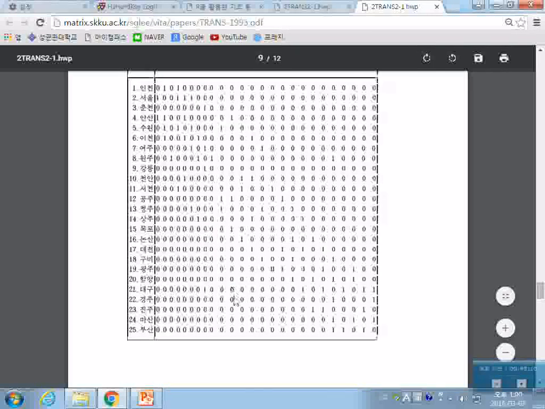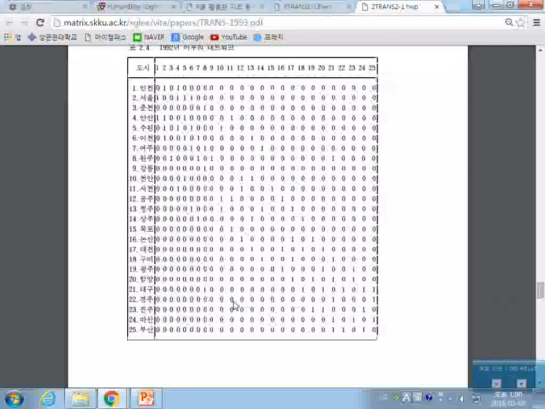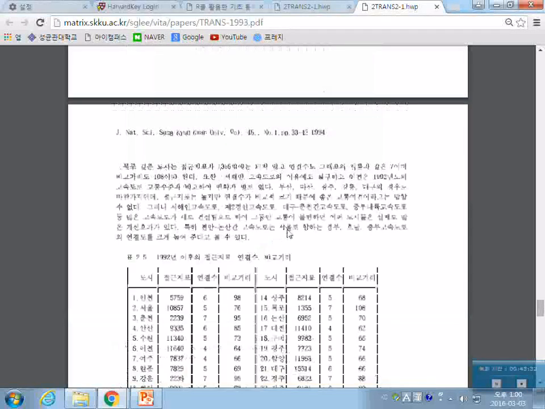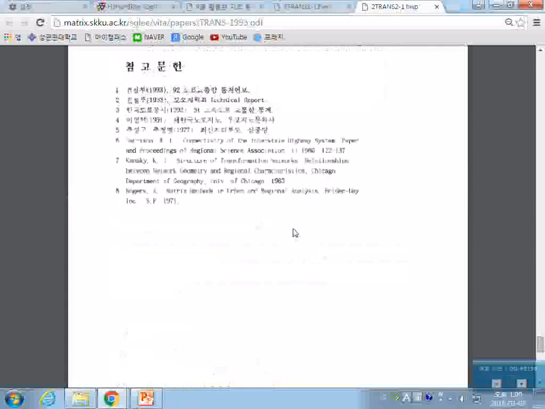At that time, there was no computational tool. I had to use the Fortran language to compute this. Actually, at that time, I felt it is a big data for me. Yeah. But actually, I was successful to do the computer and to draw the conclusion on the transportation problems in